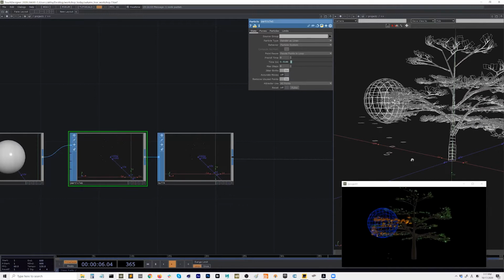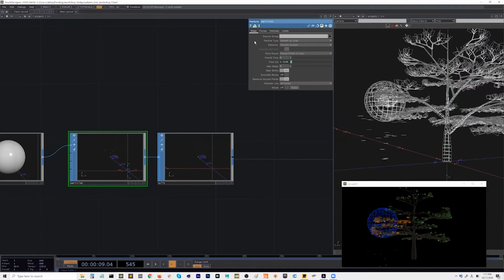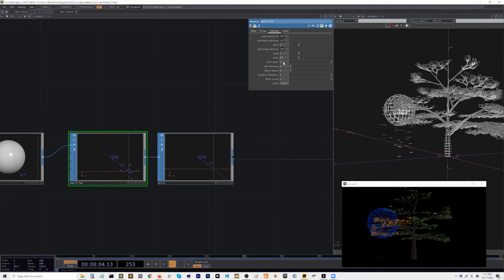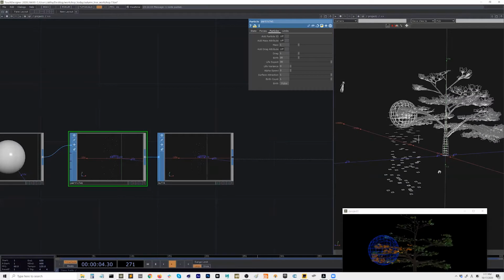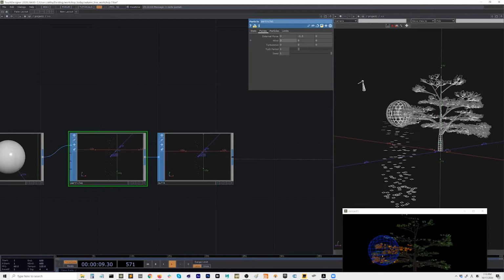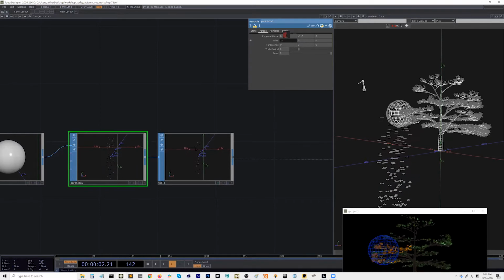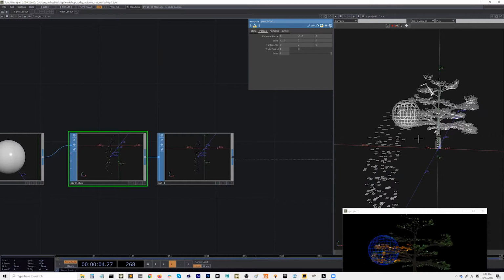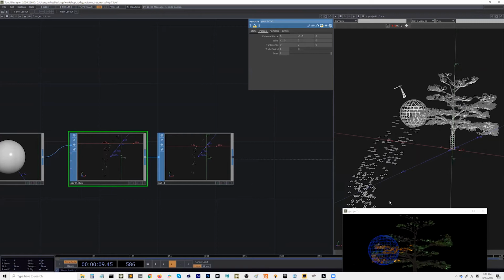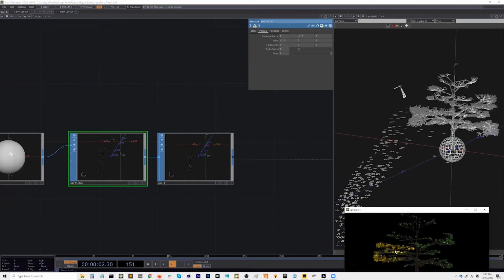Okay, and then they die pretty quickly, but I want them to live longer. So life expectancy to be 30 seconds. Okay, so they should now really fall. Okay, so that's what I want. And maybe give a little bit of wind on the x-axis. So it's now going this way, which is good.